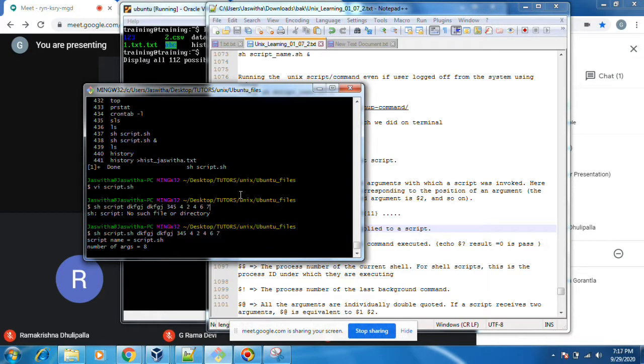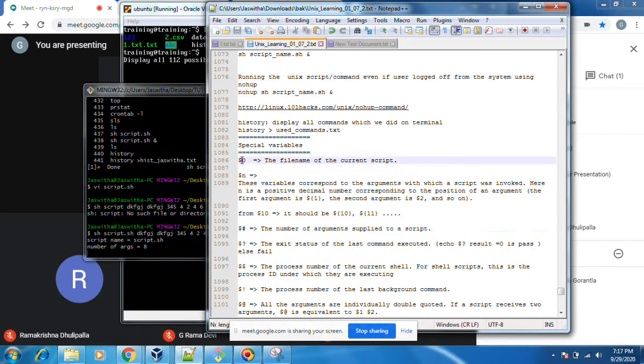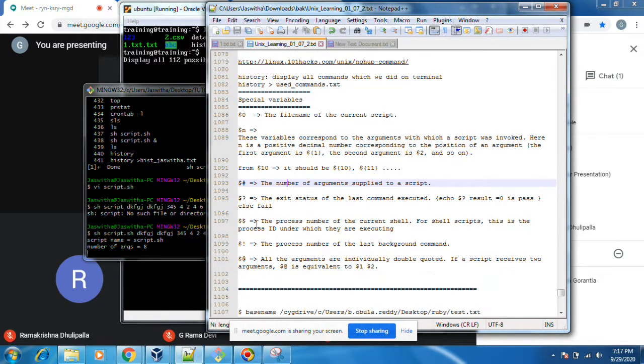You see how the special variables print. The script name is this one only, and it came here, whereas the number of arguments is 8. How many arguments? 1, 2, 3, 4, 5, 6, 7, 8. So you got these two: file name and number of arguments.